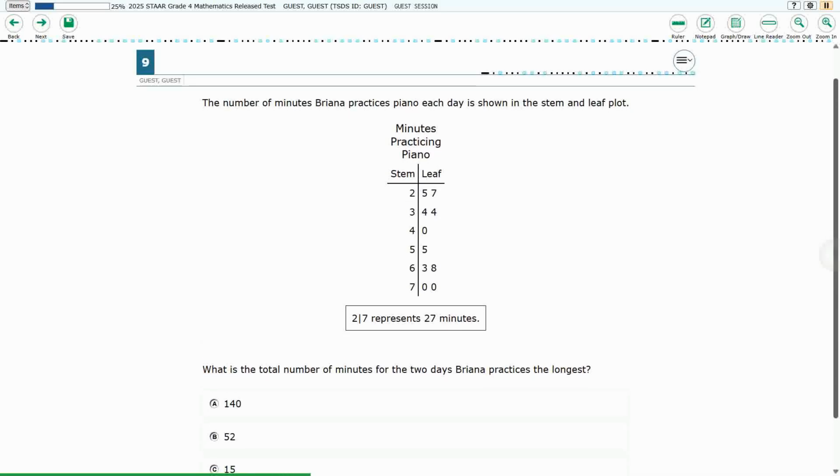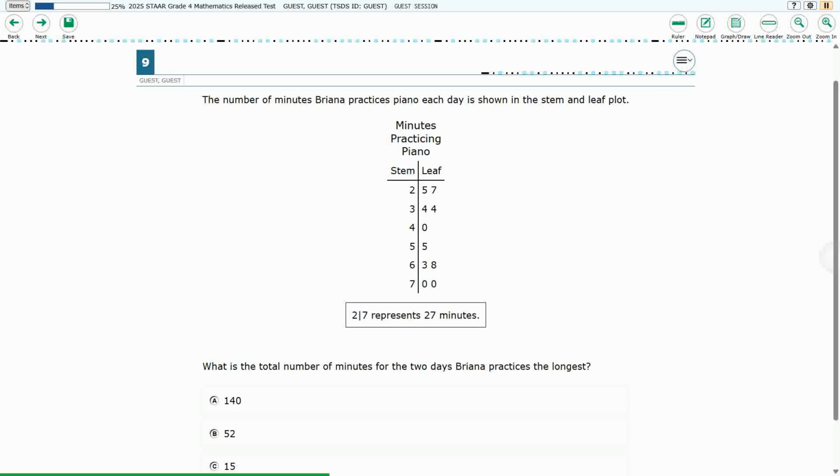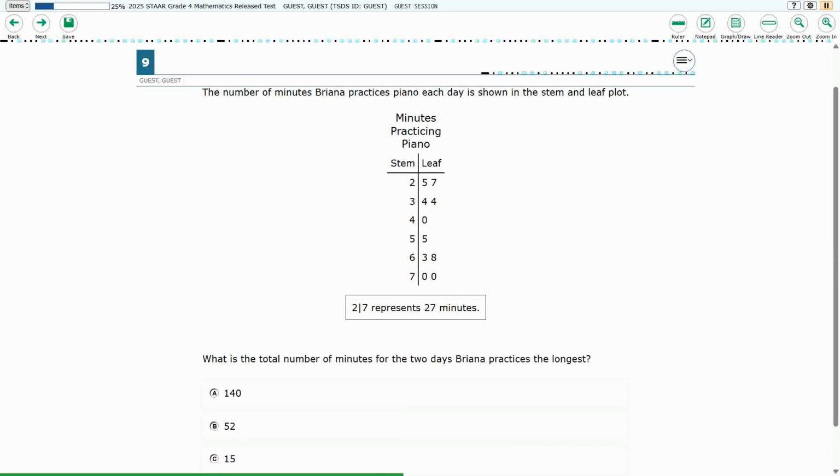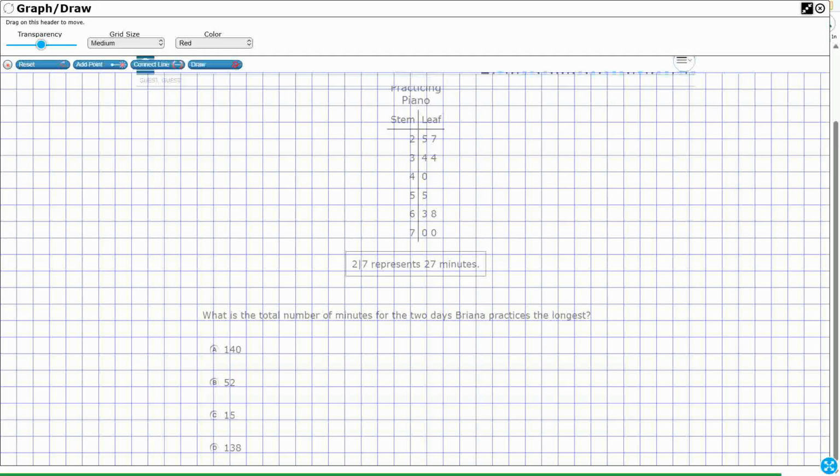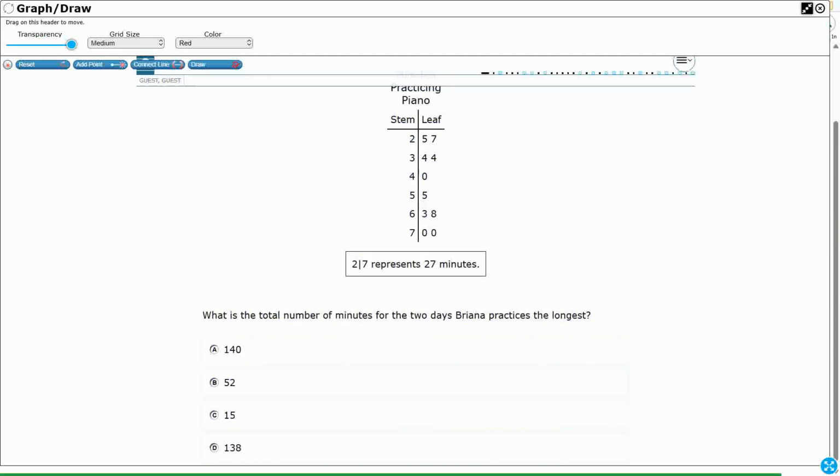All right, so we have the stem and leaf plot, and it shows the number of minutes Brianna is practicing her piano each day. And we need to find the total number of minutes for the 2 days that Brianna practices the longest. If we know how to read a stem and leaf plot, this is a fairly simple problem. We can probably do this mentally, but in case we don't, let me show you how it works. We always want to start down here with the key,